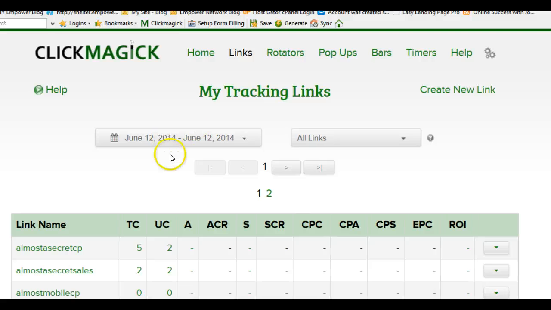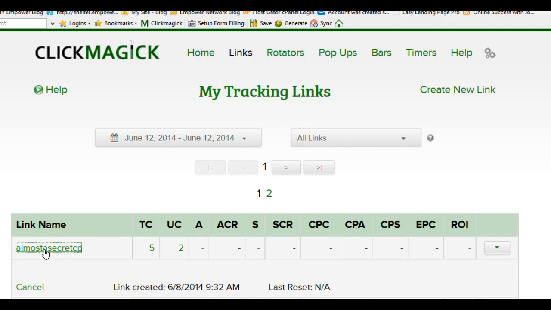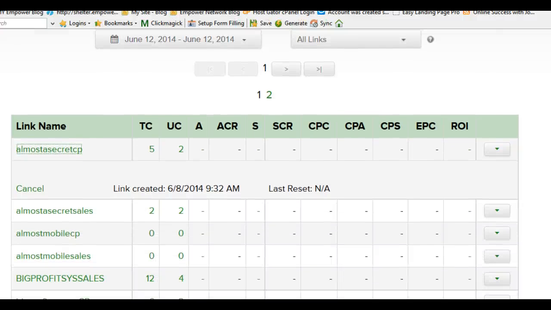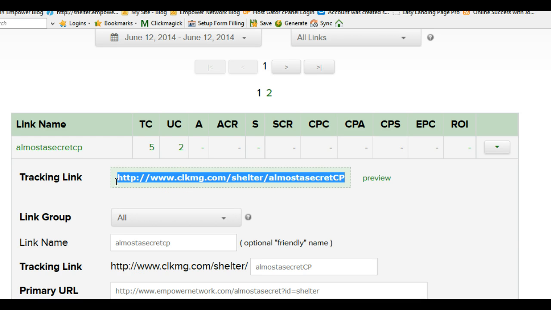And you'll see that this Almost a Secret capture page, when you're creating a capture page, it comes up and says name it. But once you click save, this is what's produced. This is your tracking page right there. And that's the one you use in all of your